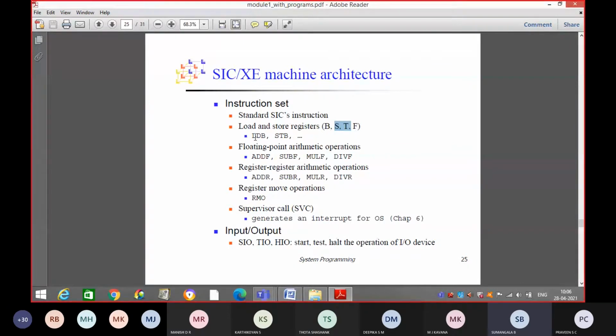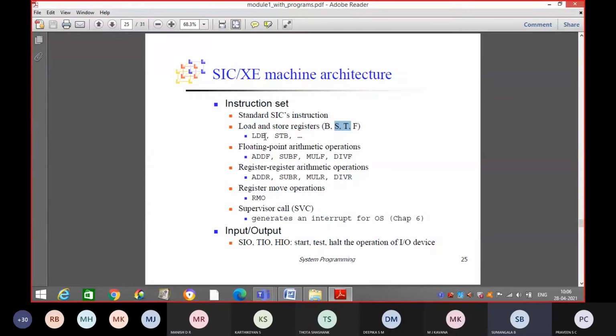So for the instruction LDB, we have the registers B, S, T, F, and we can use these registers for load and store. In the previous class you saw LDA, LDX. Like that we can use LDB.